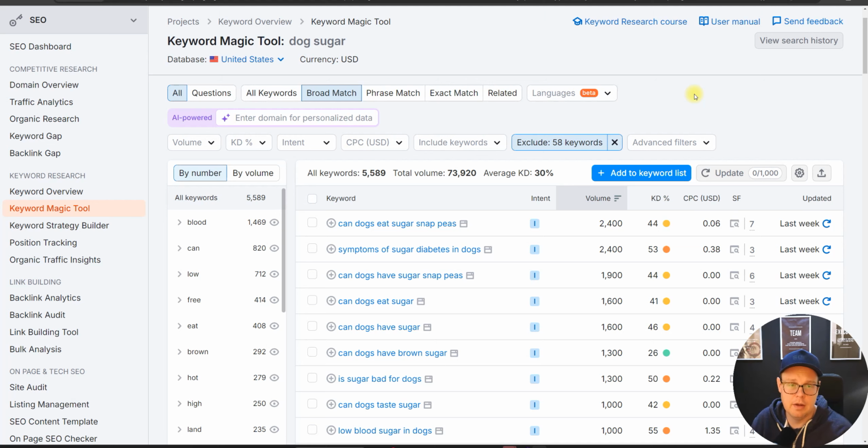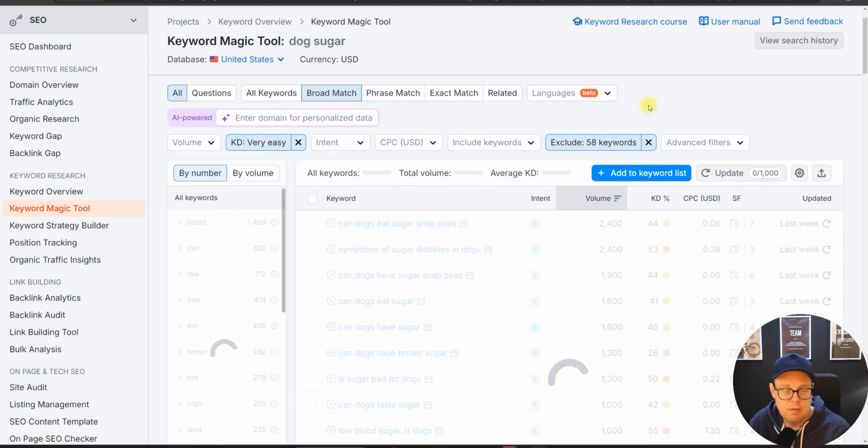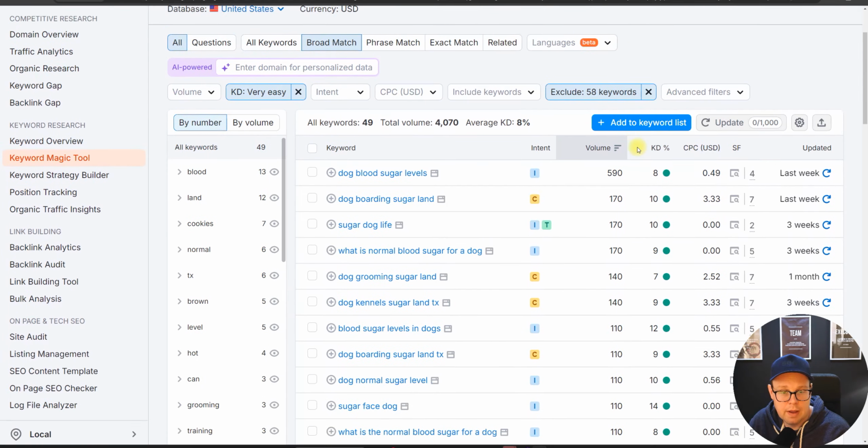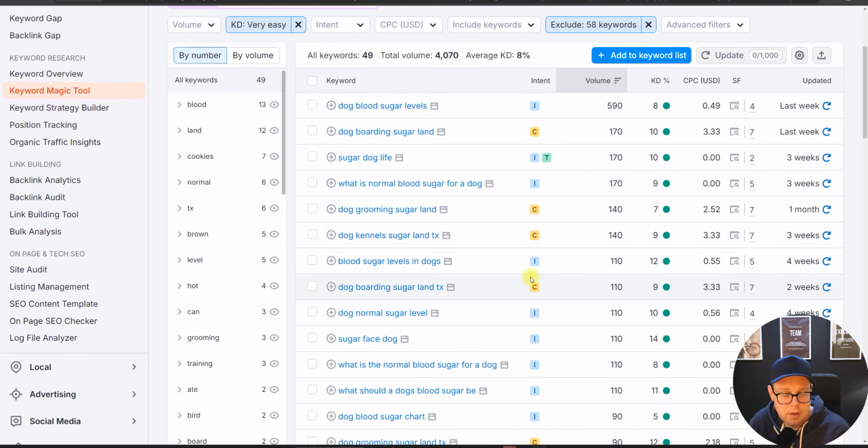And start writing articles using the avalanche method, which means that you start with easy to rank articles on a topic. So we would start with a low keyword difficulty here in the very easy range if you are a new website. And then it of course depends on your source context as well. If you are a veterinarian, a doctor for dogs, then you're going to start with the dog blood sugar levels here. If you are someone who sells dog food,